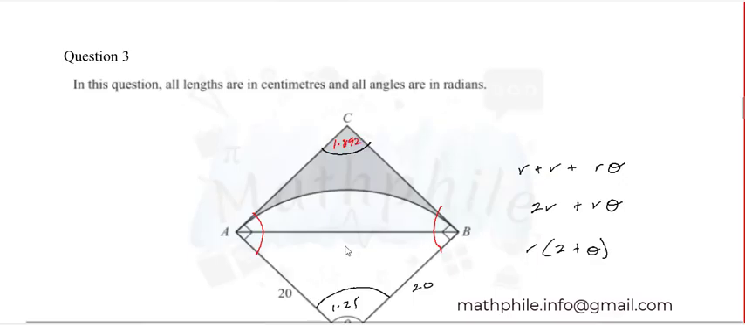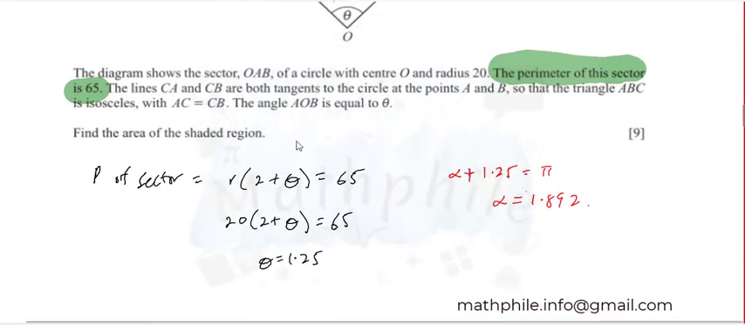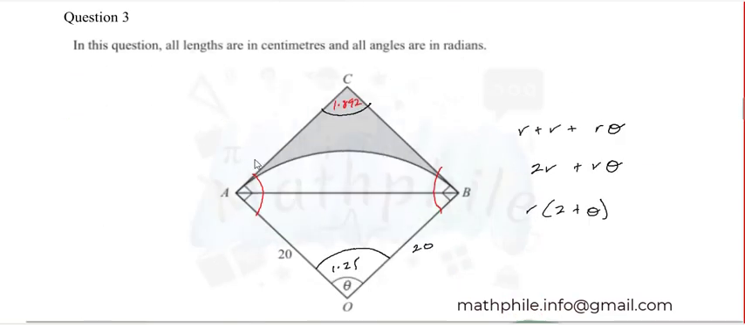1.892. Now, what else can we find? What are we aiming at? Area of the shaded region. So area of the shaded region, there are lots of ways to go by this one. One way I can think about would be